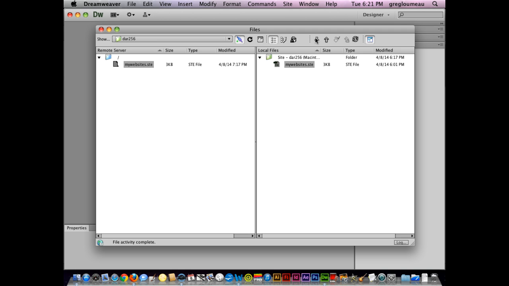The point I'm trying to make is a simple point, but it's easy to screw up. Let me show you. This is the way that I work in the web design world, because sometimes I work on the same website from work and home. So you know what I do to make sure that I never, ever overwrite files? I flip this whole diagram on its head. What I do, and you can use this method too,